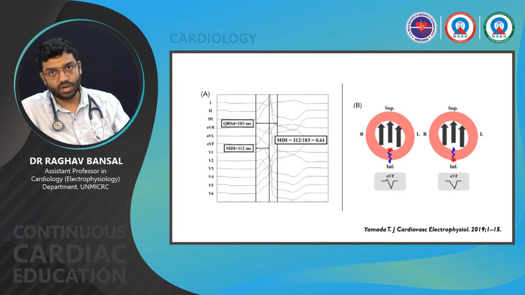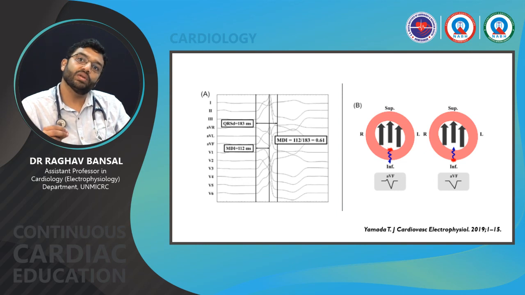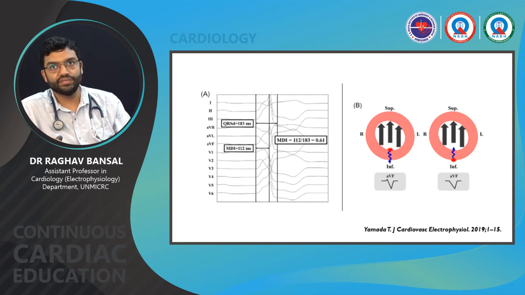Further, if we look at the aVF and lead 1 leads, this is especially true for the left ventricular myocardium. Since the LV has a significant depth to its myocardium, if the origin is endocardial, for example from the inferior endocardium, it will still give a small R wave in lead aVF. However, if it is completely epicardial, like from the crux, it is likely to give a QS pattern in lead aVF.